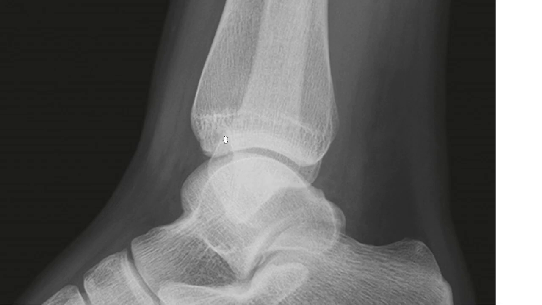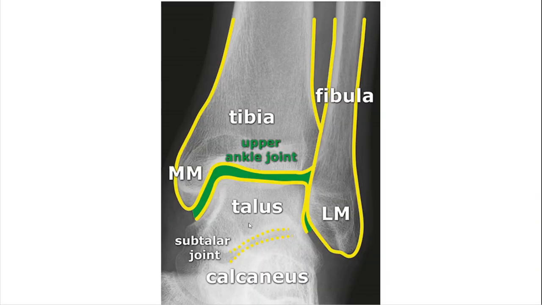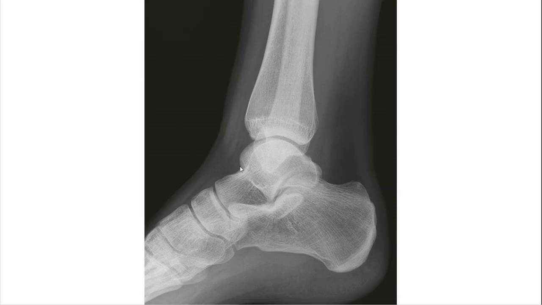The lower edge of the medial malleolus ends slightly above the lateral malleolus. If we see in the lateral view, you can see the apex of the lateral malleolus extends quite below as compared to the apex, or the lowest end, of the medial malleolus. So this was the lateral malleolus, whereas this one is the medial malleolus.